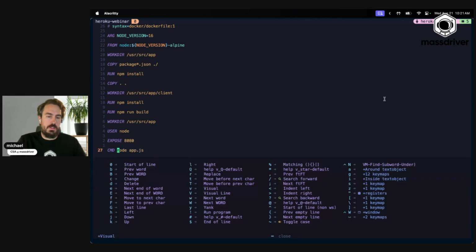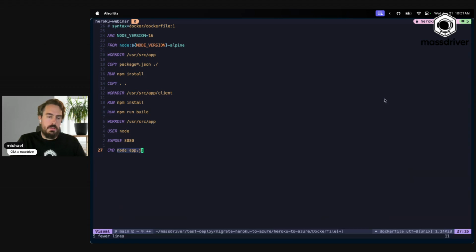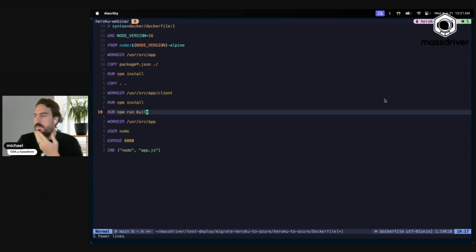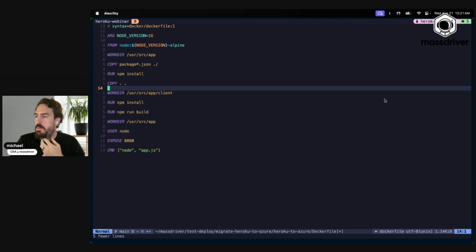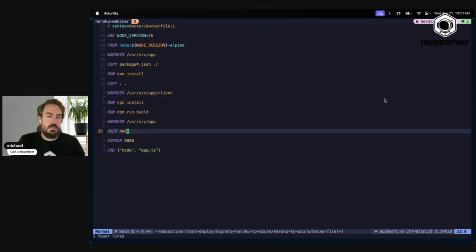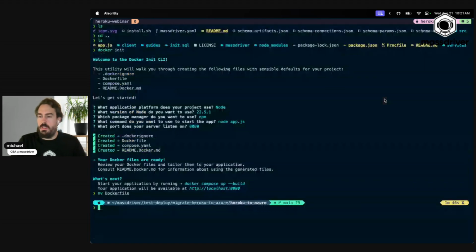And I am going to essentially change this to node app.js. Okay, let me just confirm that this is right. From node 16 Alpine. Yep. Copy everything over. Working directory. Yep. Sweet. Okay. So now what I want to do is basically, knowing my application,